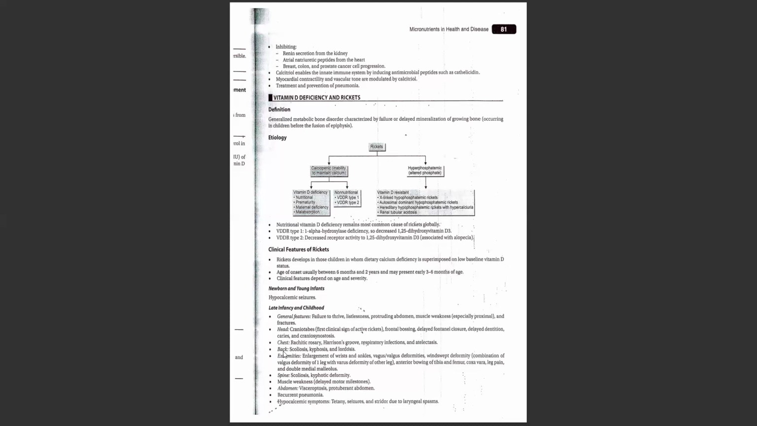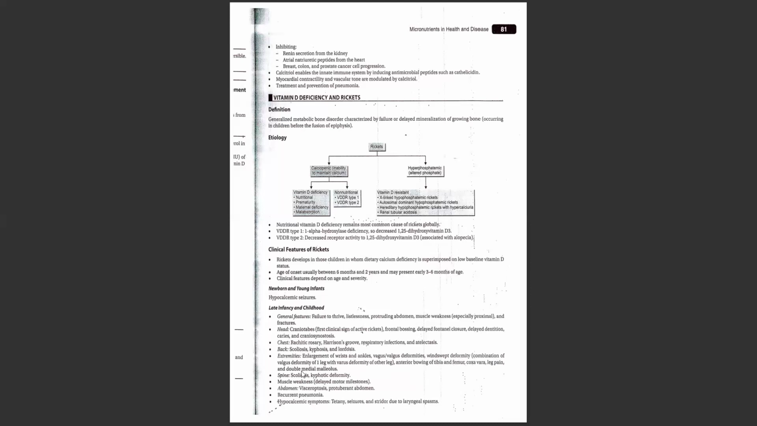In the back, we have scoliosis, kyphosis and lordosis because of structural bony abnormalities. Then at the extremities, we have enlargement of the wrist and ankles because of hypertrophy of the chondrocytes on the growth plates. Then we have varus and valgus deformity because of increased weight bearing on the soft bones. Then we have the windswept deformity, that is a combination of valgus deformity of one leg with varus deformity of the other leg. Then we have anterior bowing of the tibia and femur, coxa vara, leg pain, and double medial malleolus